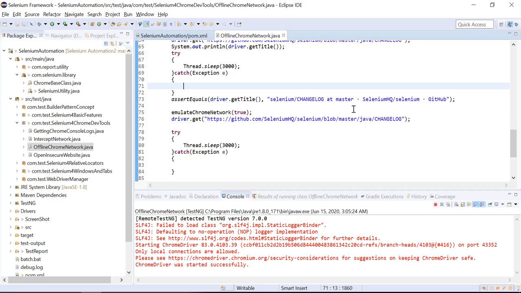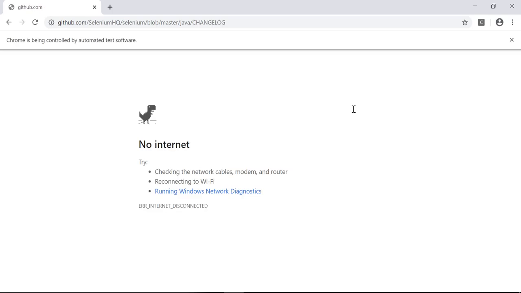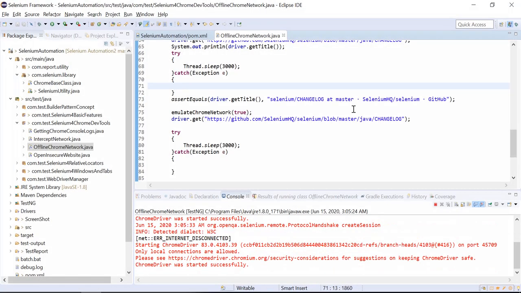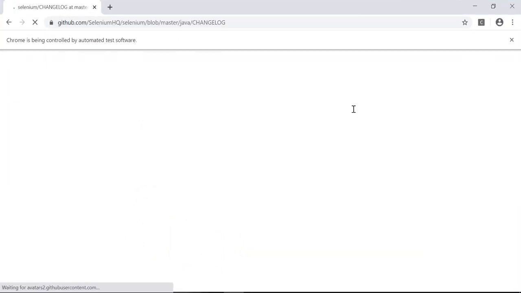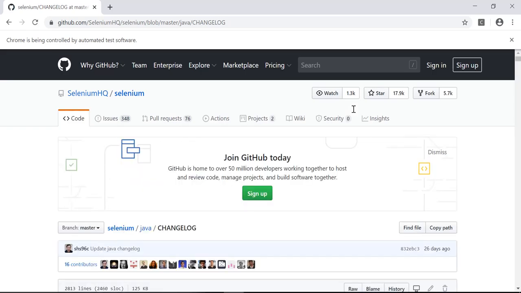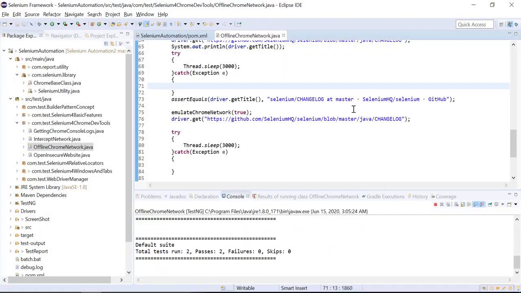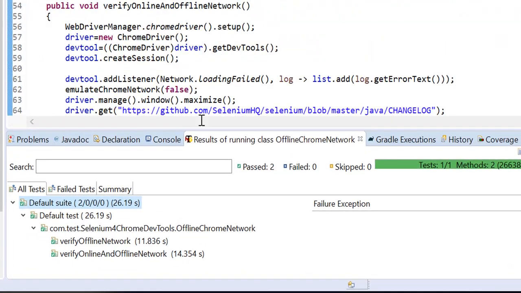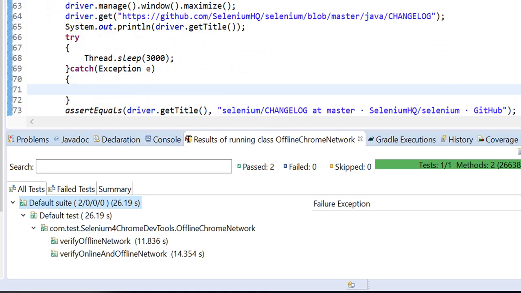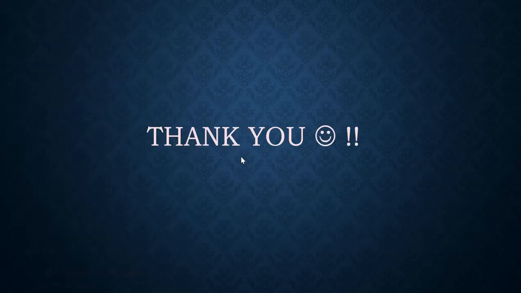The browser is launching. The first test is executing, it maximizes, we can see the 3-second wait, and now the assertion and close. Now the second test case, where we are verifying the title of a website. This is the GitHub of the Selenium repository, and here we can see both test cases passed. So this is how we can handle the network of a particular website, handling the network of a Chrome browser.